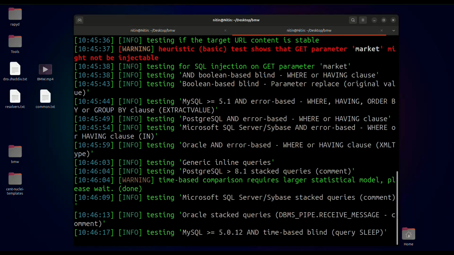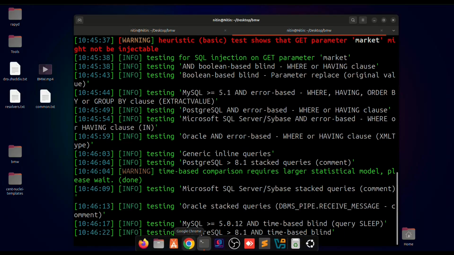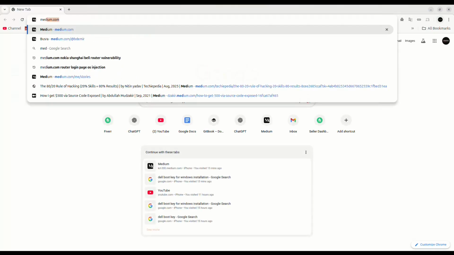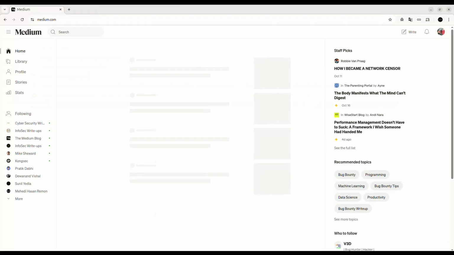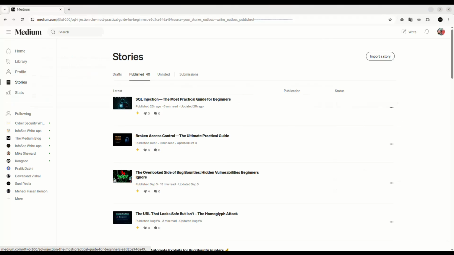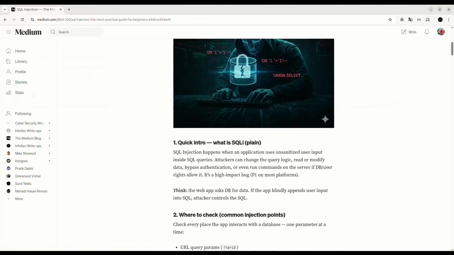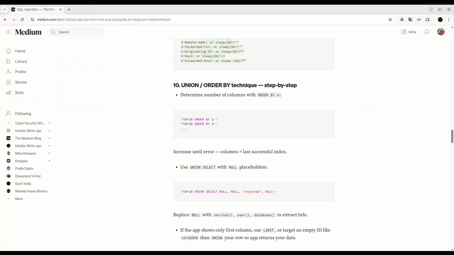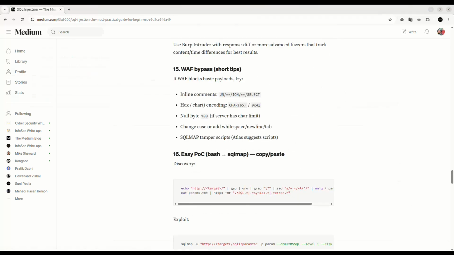So these are some of the tips on which you can find SQL injection. Also, I have written a blog on this, so you can read that. I'll add my blog URL to the video. It is much more detailed than this video.